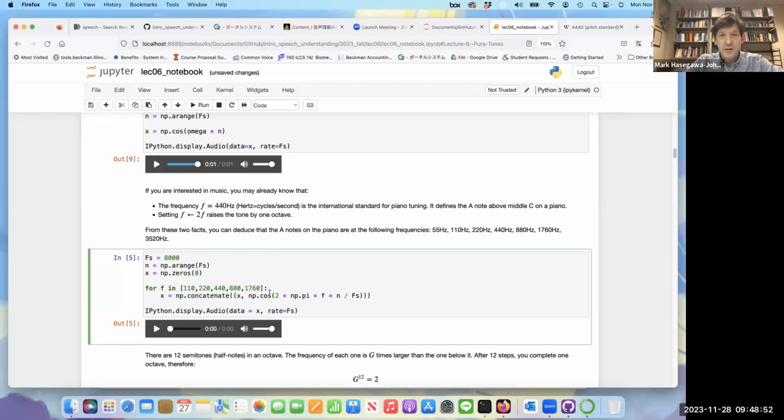And what I'm going to do is I'm going to create the cosine of 2 pi f times n over fs for each of those notes in turn. N will be 1 second long, and so using this concatenate, I'll create 5 seconds with 5 different tones at 5 different A notes. So you hear that that's 5 different notes, all of which are A, but they're different A on the piano. I think this one is A4, so this one must be A3, A2, A3, A4, A5, and A6 on the piano.